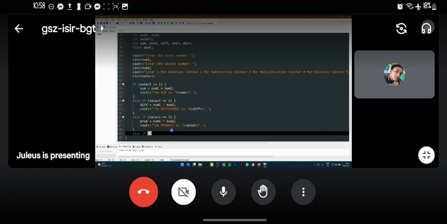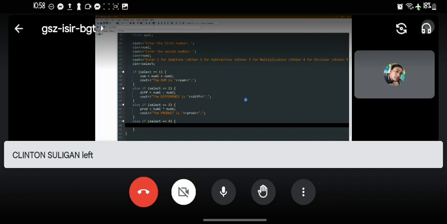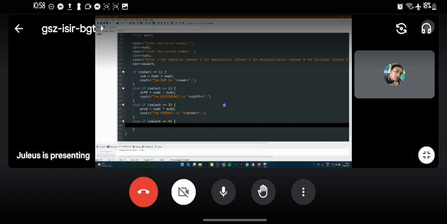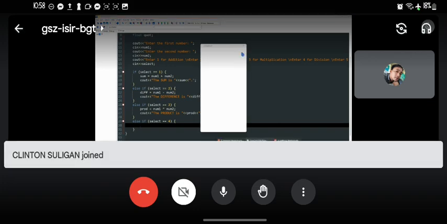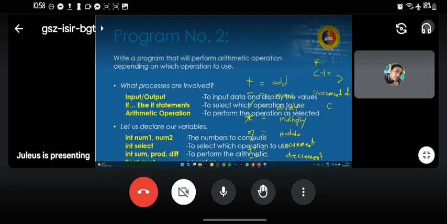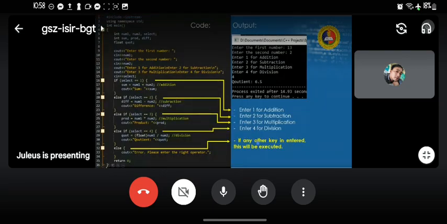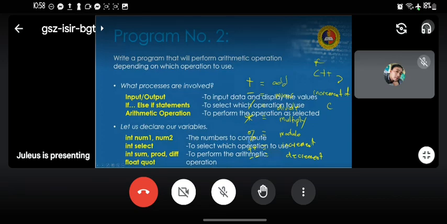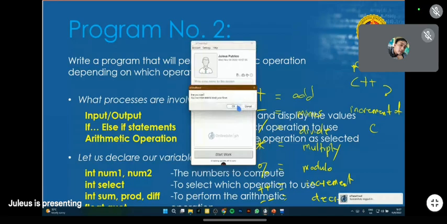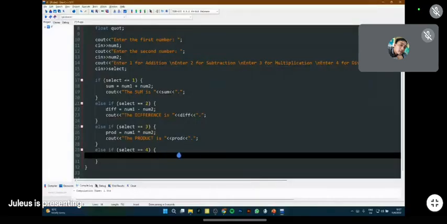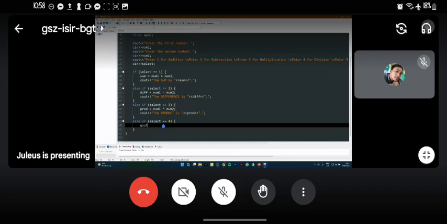Another else if, if he selects 4, that's division. So this time, since we'll be using division, we'll use code and then num1.